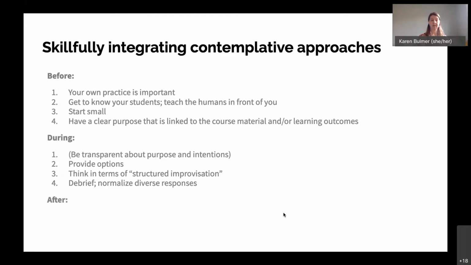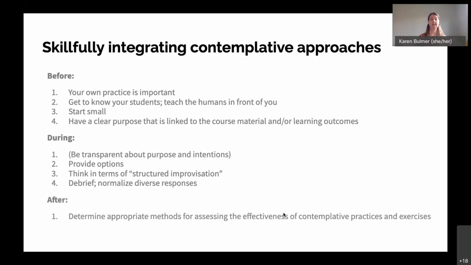After, I think it's just good practice to determine appropriate methods for assessing the effectiveness of contemplative practices and exercises. Some people actually assess practices themselves. I tend not to. But I want to be really clear on what it is that I'm looking to see in my students in response to doing these practices.